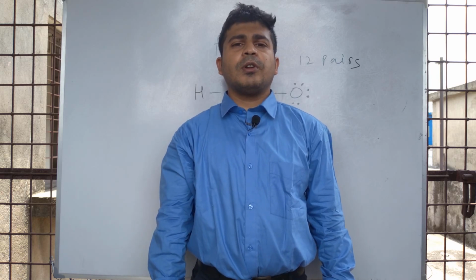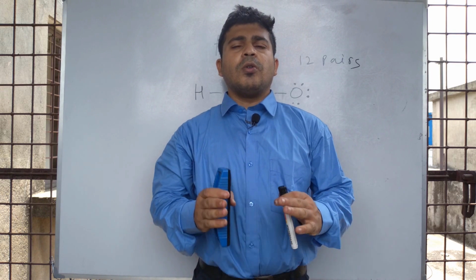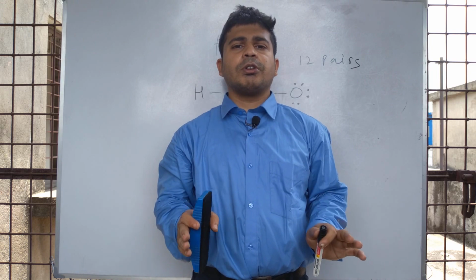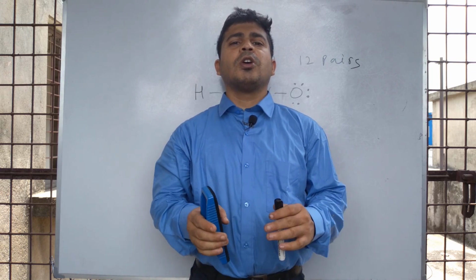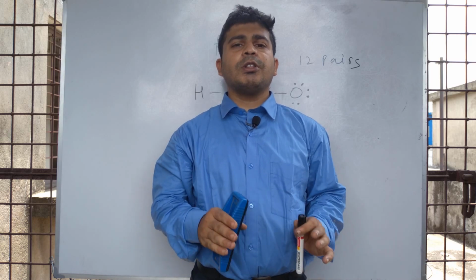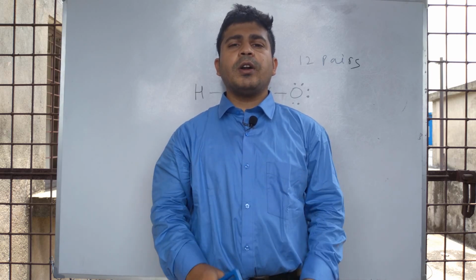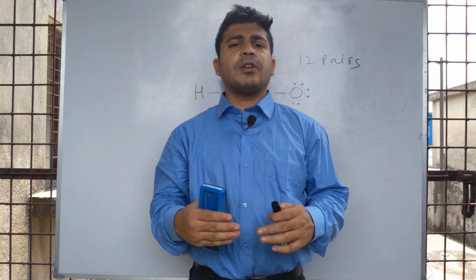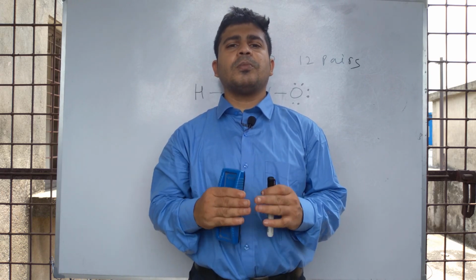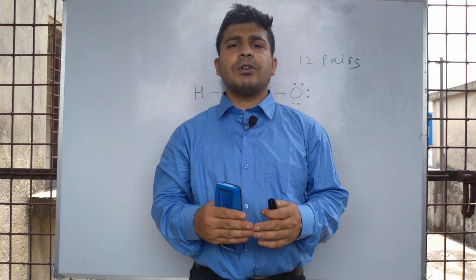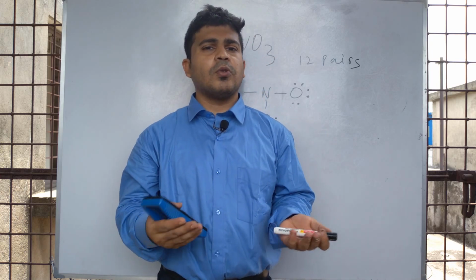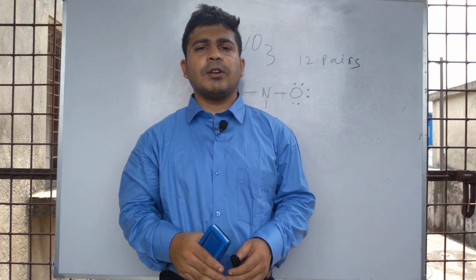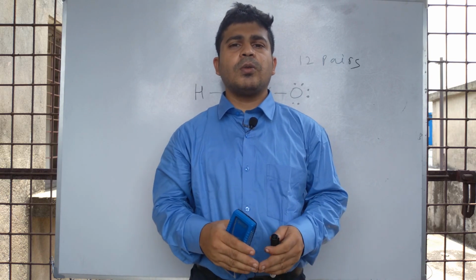Covalent bonding formation takes place only between non-metals. Here non-metal and non-metal form covalent bonding. Metals do not form covalent bonding. For the formation of covalent bonding, the conditions are that the non-metal should have higher ionization potential, higher electron affinity, etc. These are the conditions required for the formation of covalent bonding. And this is the discussion about the covalent bonding topic. I have cleared all the discussions that I wanted to make for the topic of covalent bonding.